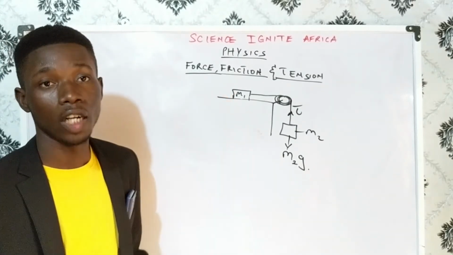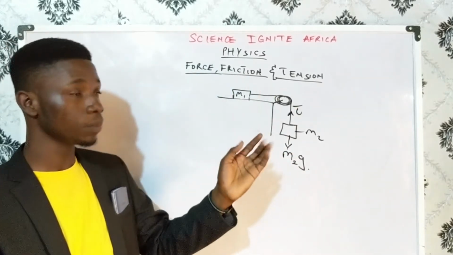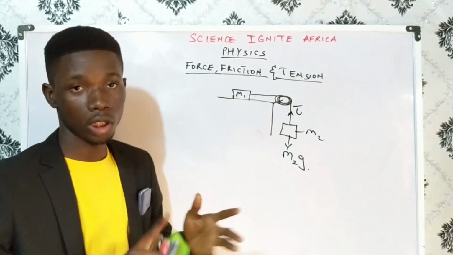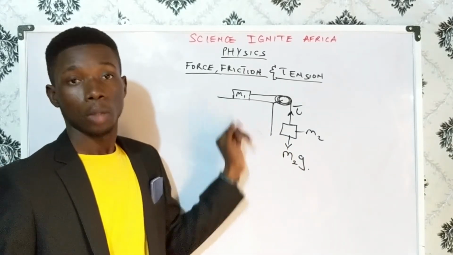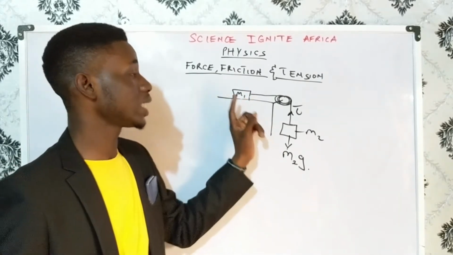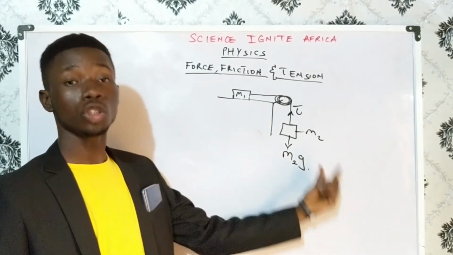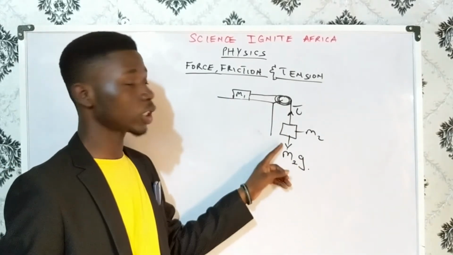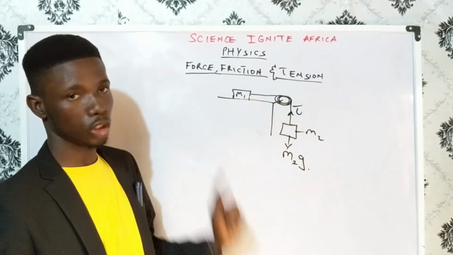Now, if you observe this diagram very well, you will see that there's no external force acting on this M1. There's no force coming from anywhere. But the problem of this M1 comes from this string. What I mean is that this M1 wants to remain at rest, but it cannot remain at rest because there's a string attached to it. That's the first thing. There's a mass attached to the other end of that string as well, which implies that this mass will use the string to pull the mass. So whatever the weight of this mass has caused to the string will be uniform throughout the string,